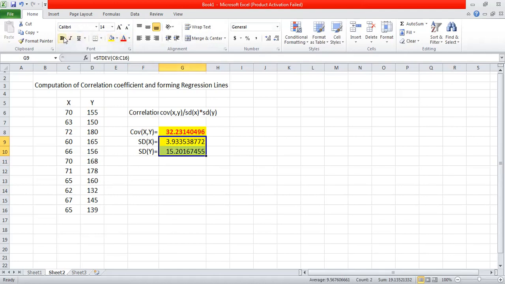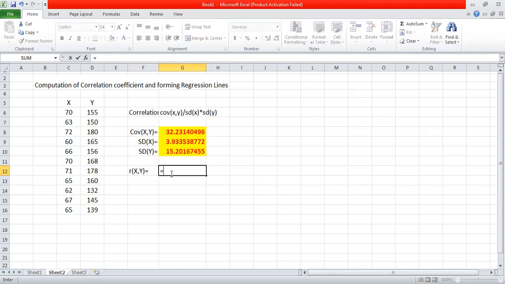So after getting these values, what is the next step? We have to find the correlation, which we denote with R, right? R of x comma y is equals to, now I'm finding the correlation. What is the formula for correlation? Covariance of x comma y. Where is the covariance value? This one. Covariance of x comma y divided by, opening the bracket, sigma x into sigma y. So this is sigma x into, this is sigma y. Close the bracket. So in this way we can